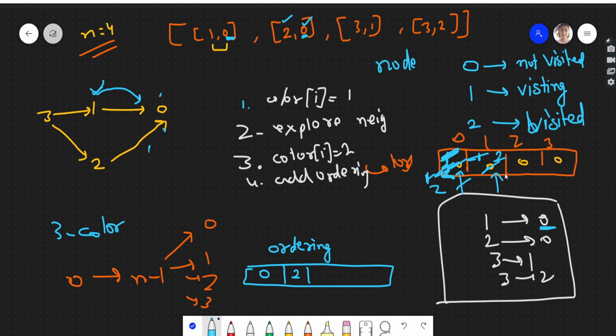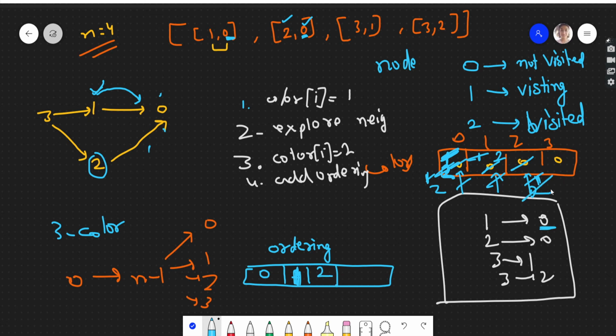So over here, this is visited. Now we'll go to 2. If you go to 2, you see there is only one edge, and that is to 0, and 0 is already visited. So nothing to do, initially its color will change to 1. Then 0 is already visited, so now you will change its color to 2, because we have visited node 2, and just add 2 to the ordering. Sorry, this was 1, and this is 2.